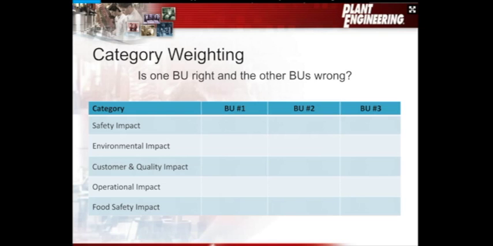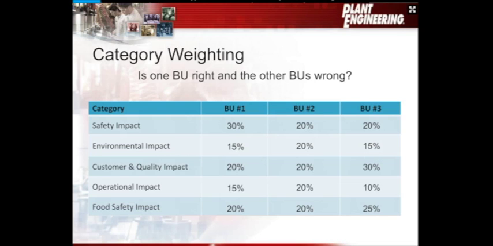So let's use a practical example to see how these characteristics come into play. We're going to call these different characteristics categories. And in the example on your screen, we have 3 different business units that are using the same criticality analysis model. The first business unit places a higher importance on the impact to safety or regulatory compliance relative to safety. The second business unit pretty much weighted all these different categories, these different business drivers, equally. And the third business unit put the highest importance or significance on customer and quality impact. So my